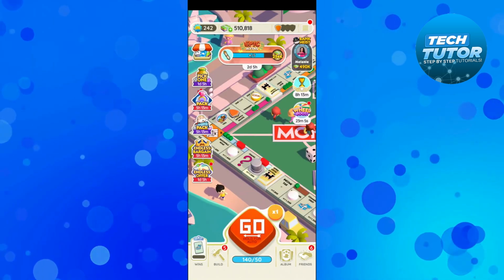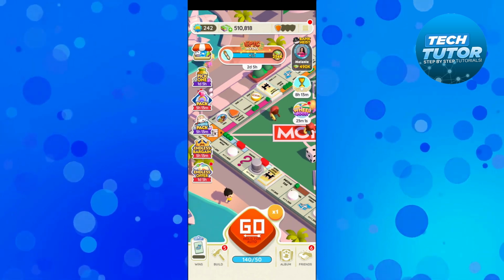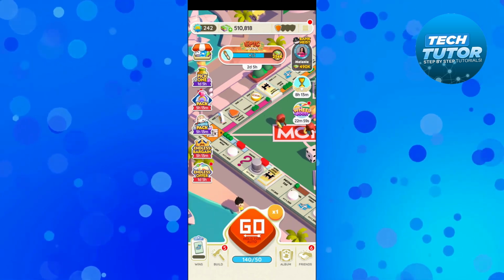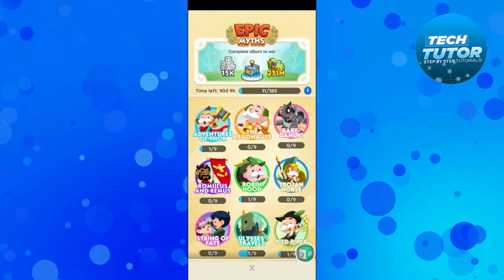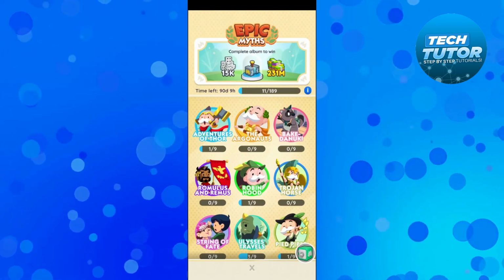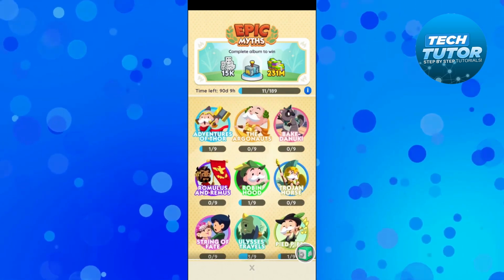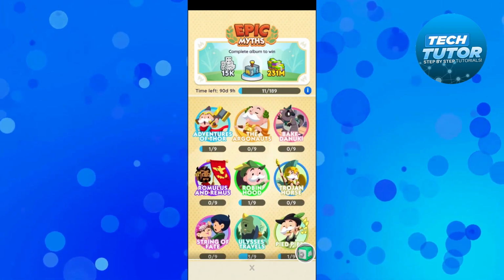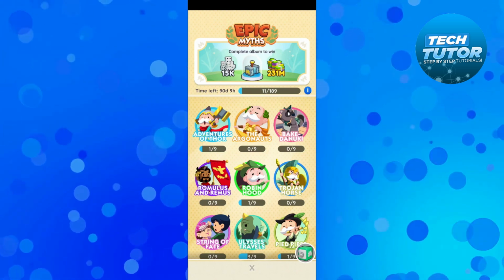The very final method I want to talk with you about to get more free dice is to complete your albums. If you come down to your albums button, which is down here, press onto this, and by completing all these different albums you can claim more dice. For example, you can see at the top it says complete album to win, then you got 15,000 dice, 231 million in cash, and each individual album, so for example this Robin Hood one, if we complete this set